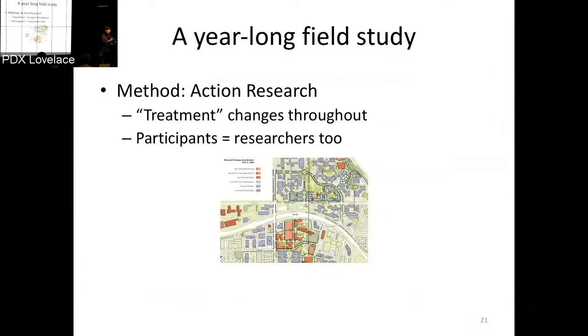Okay, more field data. So we also used a method called action research at Microsoft. This was a couple years ago. Action research is a form of field study, but it's very hands-on. So the researchers, that would be people like me, can change things as we're doing it, as we find out what's working and what's not. The people there are also researchers by definition because it's a partnership, and they can change things too. So you don't have like a treatment that you drop in there and don't touch until it's all over. You keep working with it.